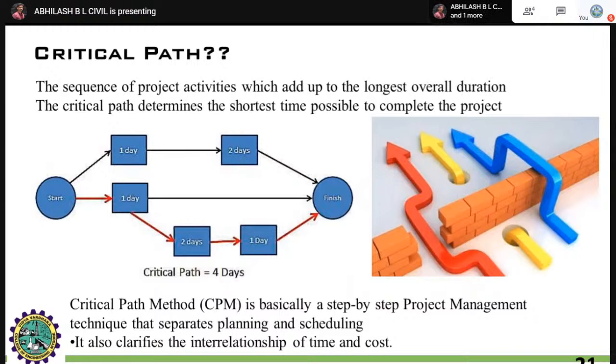Next, in order to identify with respect to this project management, the major thing is the critical path. What do you mean by critical path? Right? For example, from the start to finish of your project, there will be different activities. As I told, there will be n number of activities, some of which can be taken simultaneously and some which can go only after the completion of another activity. One activity will take place first, right? You cannot construct the roof first without constructing the masonry part.